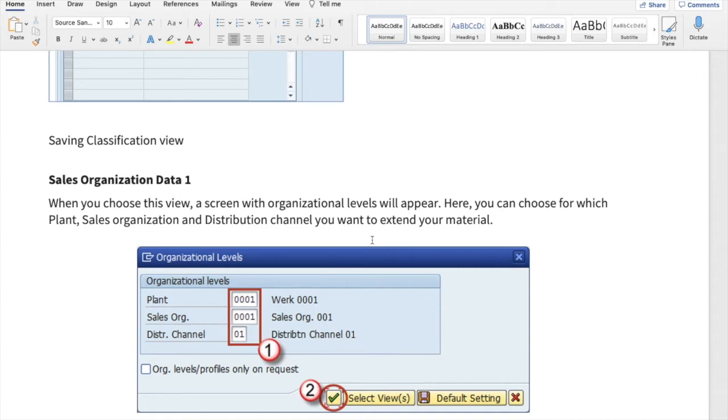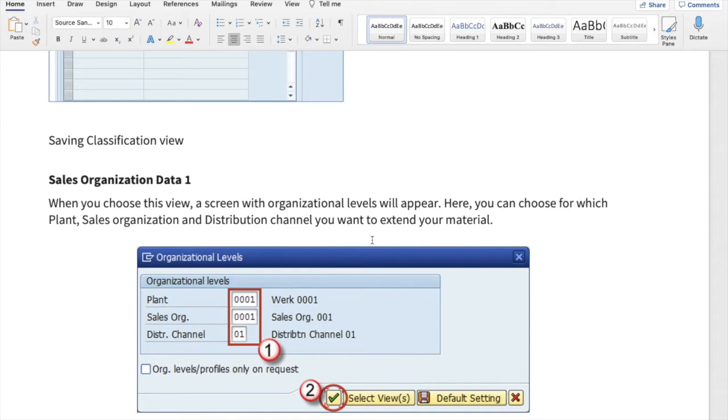Let's say you have a plant in Minnesota, and you put the plant code over there. Let's say that plant code is 0023. Under Minnesota, there may be different kinds of sales happening. One may be TV sales, one may be air cooler sales, one may be radio sales.